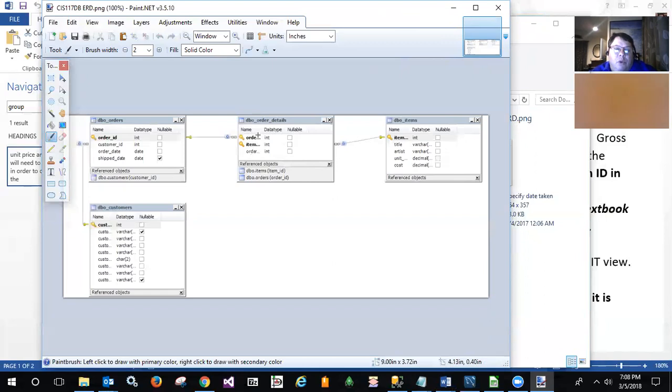It's a bridging table. And why is it a bridging table or an associative table? Because one order can have one or many items, and one item can appear on one or many orders. Well, that would be a many-to-many relationship. And anytime we have a many-to-many relationship, in this short course, the CIS 117, we don't spend a lot of time talking about database design. We're working with database mechanics. If you take a longer course like the CIS 107, or if you go on and take the advanced SQL programming, CIS 231, where you get into more of it,